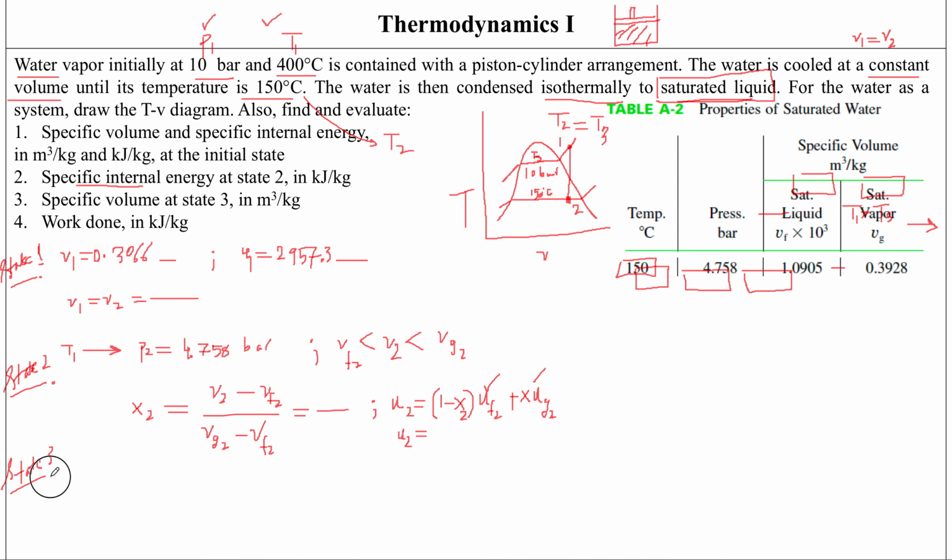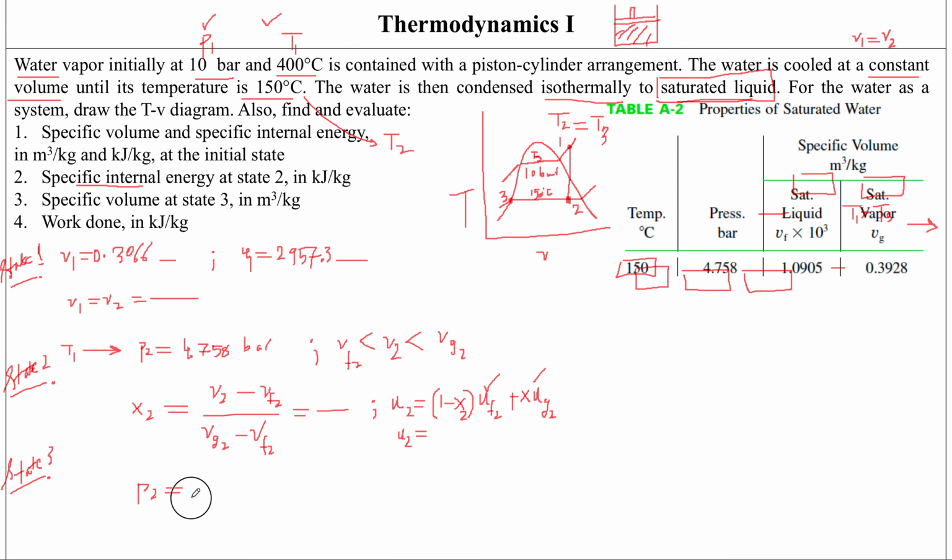Okay, so at state 3 now, one piece of information given to me is that the water is being condensed isothermally, so the temperature doesn't change. And the second is that it converts into a saturated liquid. And this is the saturated liquid line, so that means my state 3 is going to be right on the line. This is my state 3, and it's happening at a constant temperature and a constant pressure as well. So P2 is equal to P3,